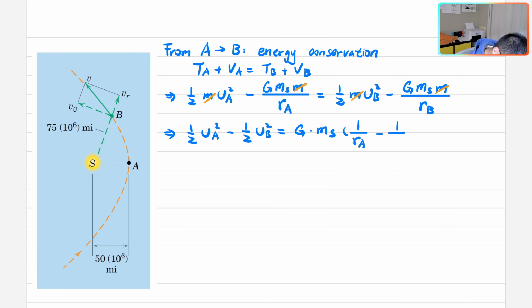1 over RB. And apparently you will need the mass of the sun. This number can be found in table D/2. If this is in an exam or something, you'll be given this number. Okay, we'll be subbing the numbers here. I moved this 2 to the right-hand side, so I end up with VA squared on the left-hand side